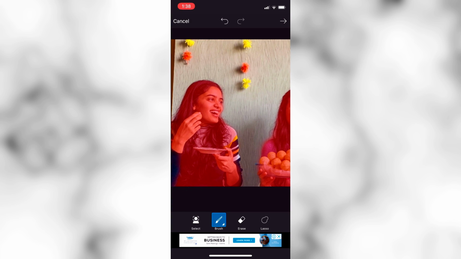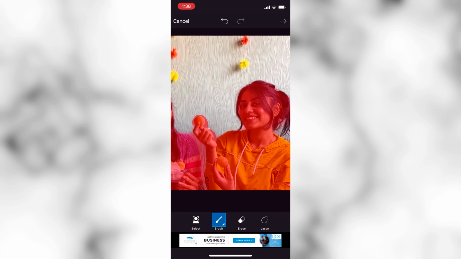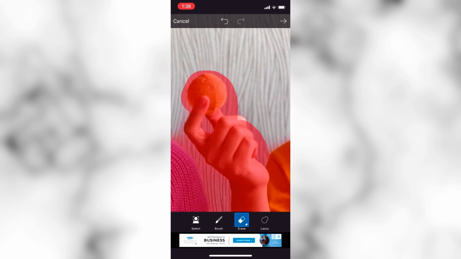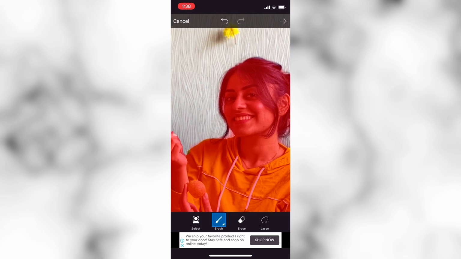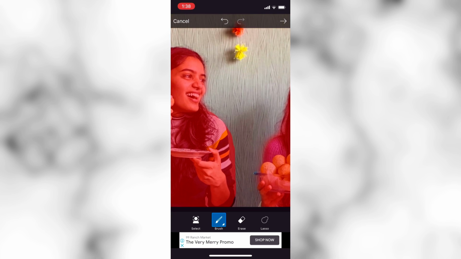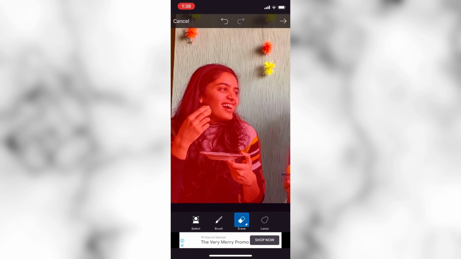Once you select free crop, you can see multiple options like person, face, clothes, sky. Select person, and after selecting person, go on to the brush tool and brush the part which is not yet selected. Once you're doing that, make sure you give it time and select properly. And once you're done, you can see that the background of your image will be wiped out.